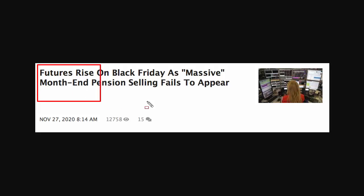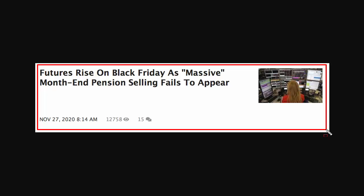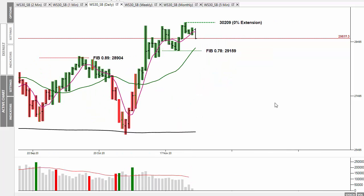So on Friday's news, which was half-day trading, futures rise on Black Friday as massive month-end pension selling fails to appear. Well, it may have failed to appear on Friday given it was half-day, but it's appeared on the overnight markets. There's no point in going through Friday's data, so what I'm going to do is just jump straight in and let's have a look at the bigger picture, see where we are, see where we're going for this